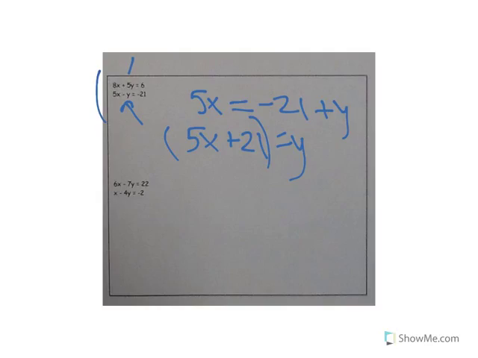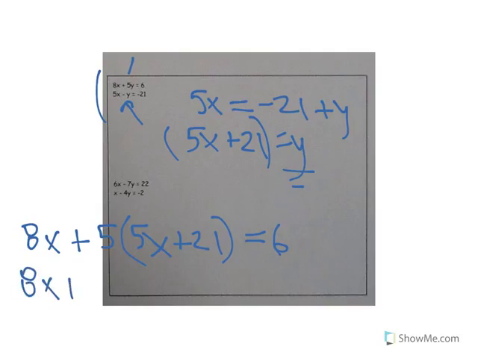So for this one here, I'm going to rewrite this. It's going to be 8x plus 5 times this value here, 5x plus 21, is equal to 6. So this is going to be 8x plus 25x plus 105 is equal to 6. Combine like terms, 33x. I'm going to subtract 105 from both sides. I'm going to end up with